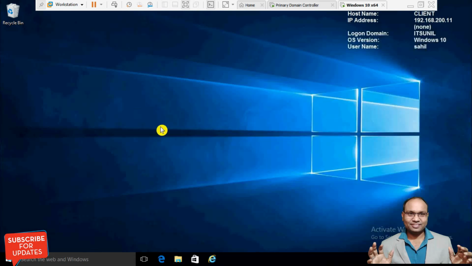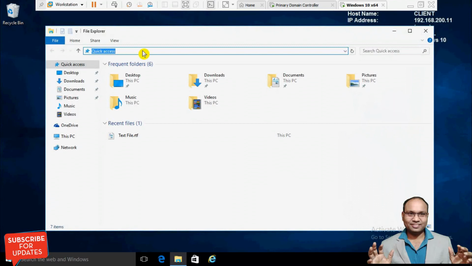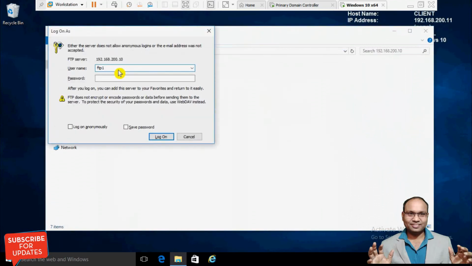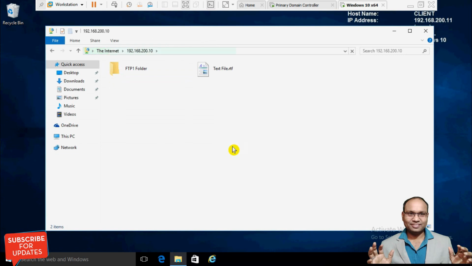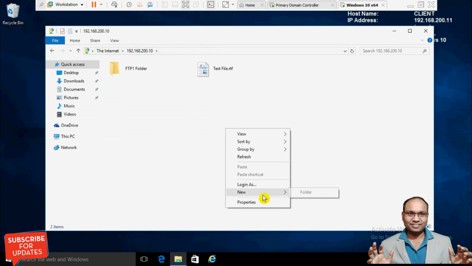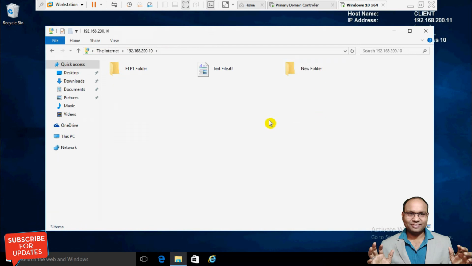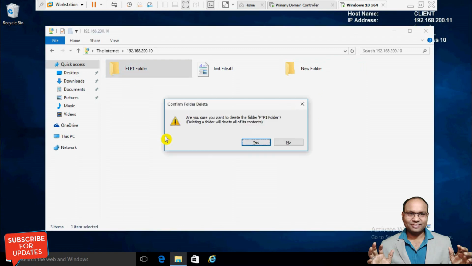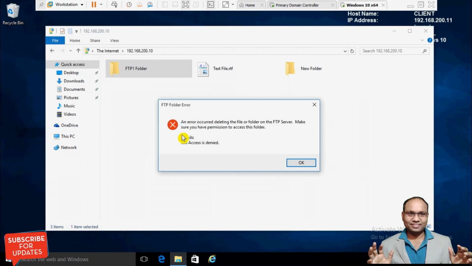So let's open another one, ftp://, login as ftp2 with its password. Okay. So the ftp2 user can create a folder, but if the ftp2 user wants to delete the ftp1 folder, he can't do that,